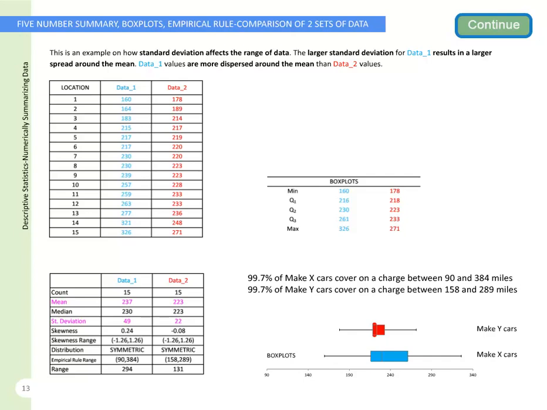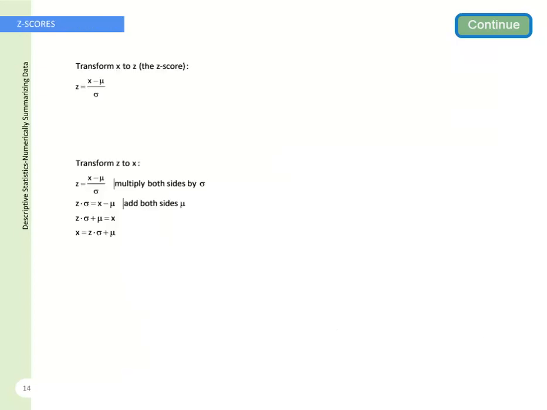Not necessarily, because I want to remind you that the possible range for Make X cars is much larger than for Make Y cars. If you are a risk taker, then you might prefer Make X over Make Y. If you are risk adverse, then you might prefer Make Y over Make X. This slide teaches you how to transform X to Z, the Z-score, and then how to transform Z to X,